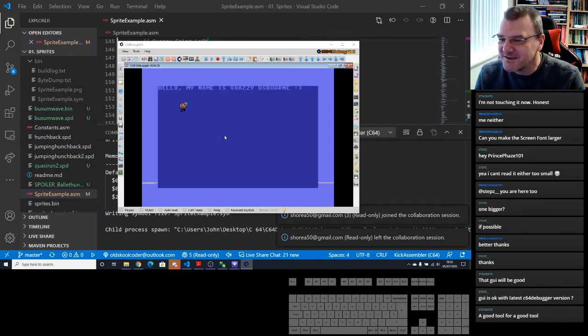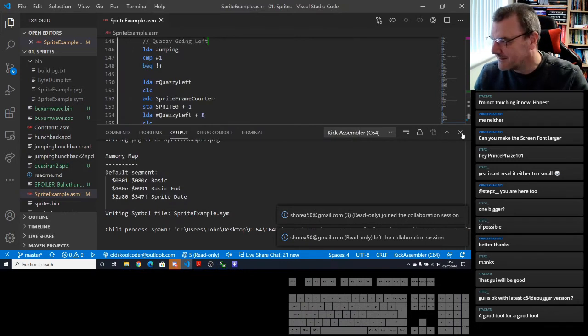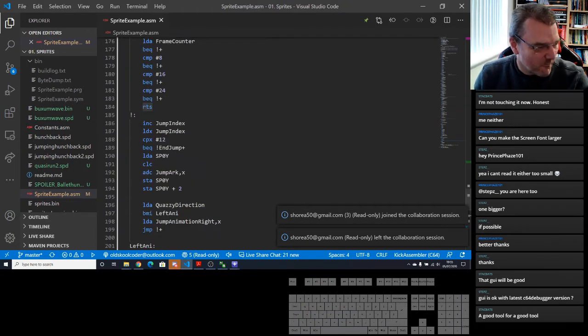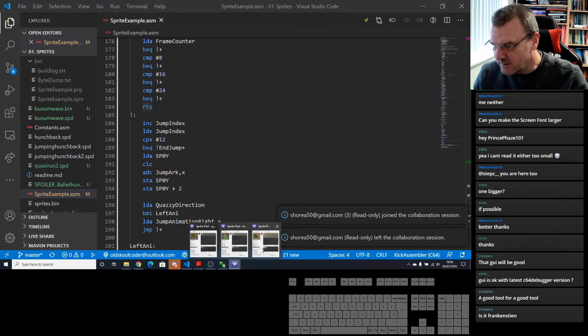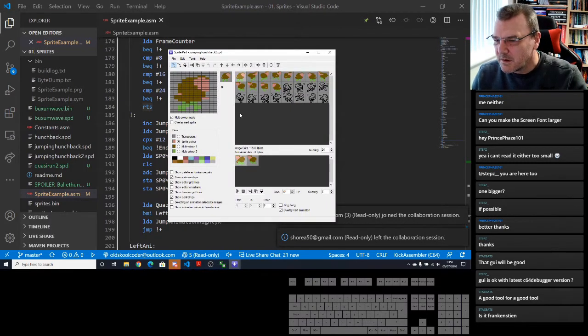Yeah, he did say he changed the colours, didn't he? Right. We need to change the colours. And I'm going to put that back to the original debugger because it's jerky. So he's changed the colours, so we need to change the colours.